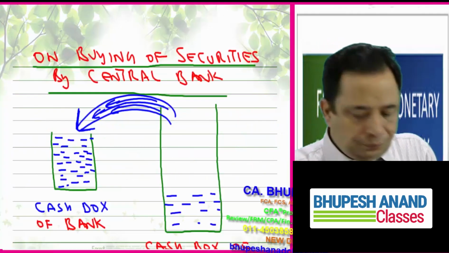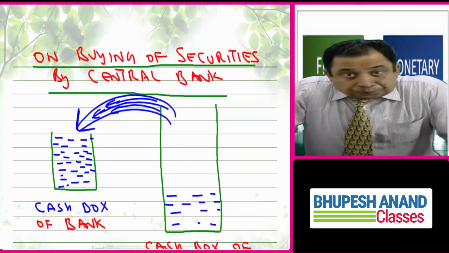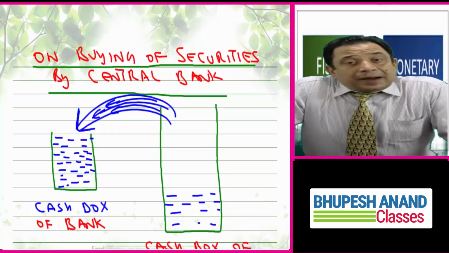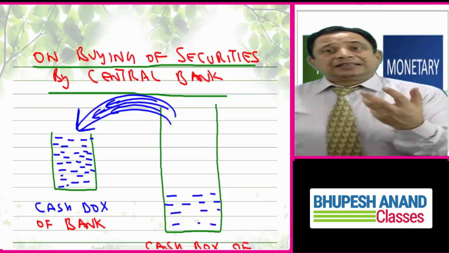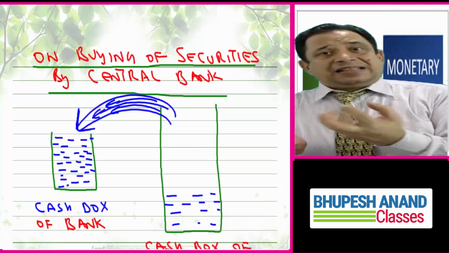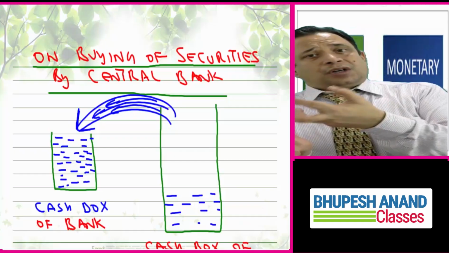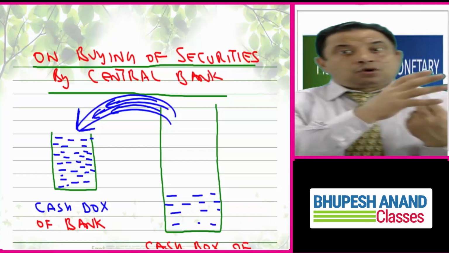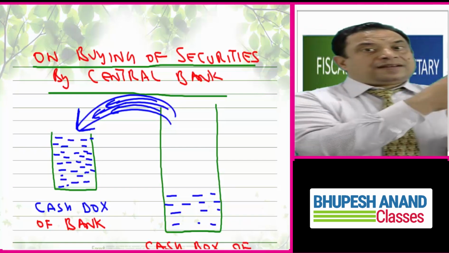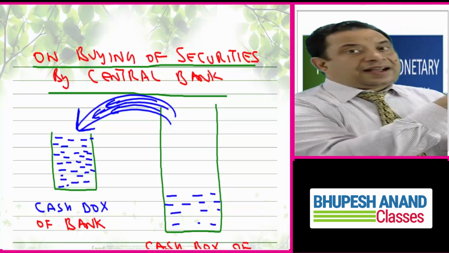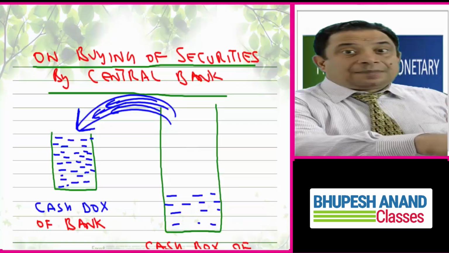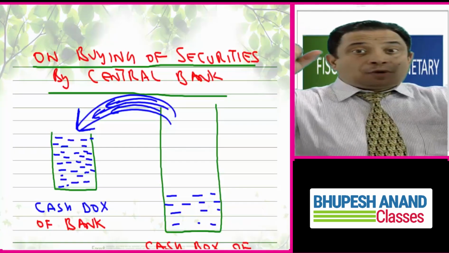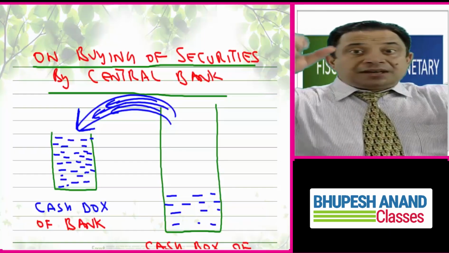go down. In contrast, if I look at the central bank buying securities, in that case the central bank will have less cash, and all the cash liquidity will go from the pocket of the central bank to the pocket of the commercial banks. Now the commercial bank people have more liquidity, more funds to give as loans, and ultimately when they can give loans, automatically the interest rate will come down, the borrowing cost will come down, people will be attracted, people will be motivated, they will do more borrowing, more investment, more consumption, GDP will increase, and